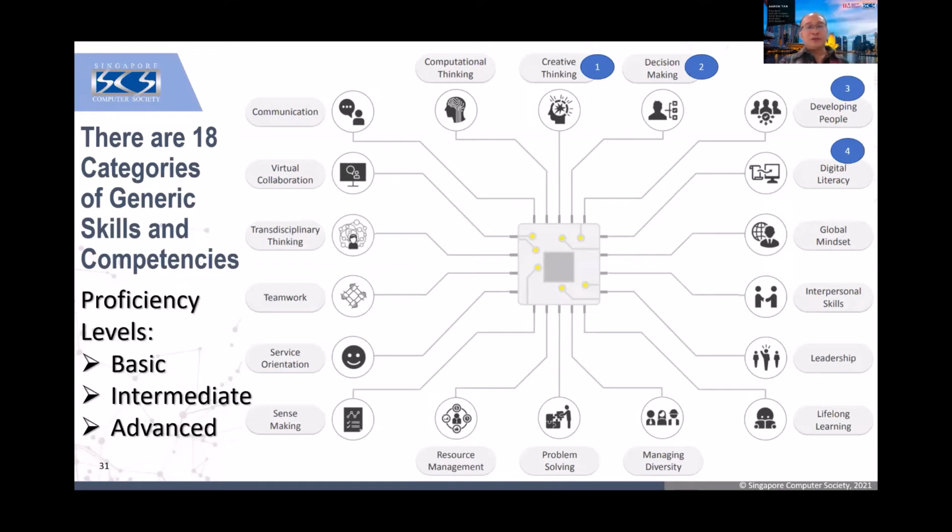The next one, of course, digital literacy, is very, very important. We cannot say I'm the architect, but actually I don't know anything about digital. We need to study, and we need to know the trend. Of course, we need to talk about global mindset. We cannot think that, oh, we are a local company, I only focus on Singapore, I only focus on one country. No, we have to think global, because today the era of globalization is there, right?